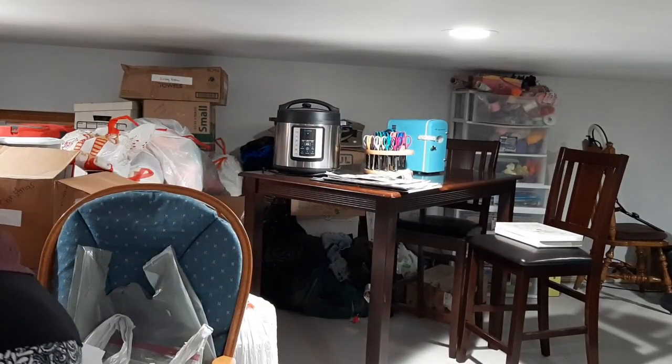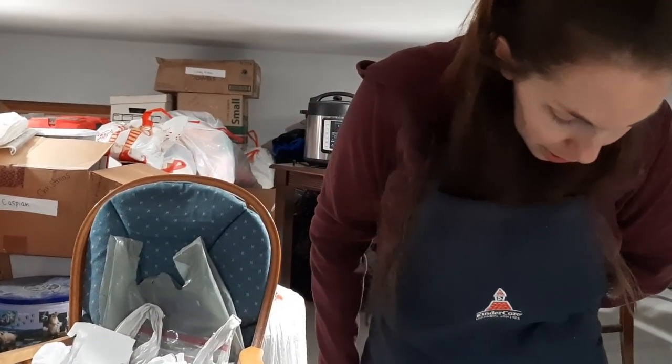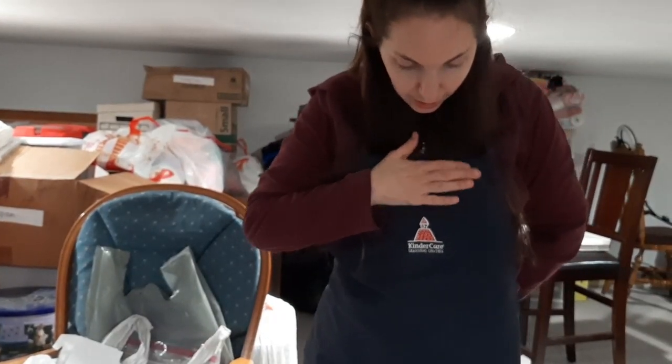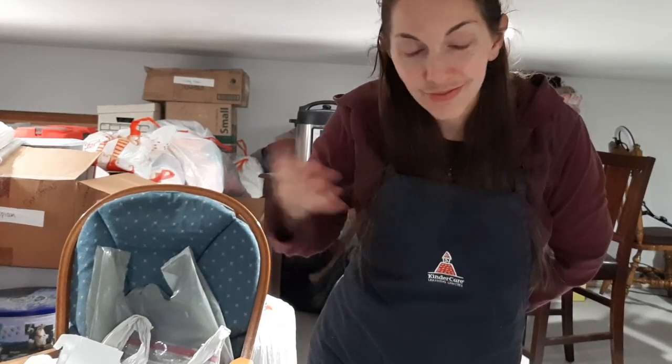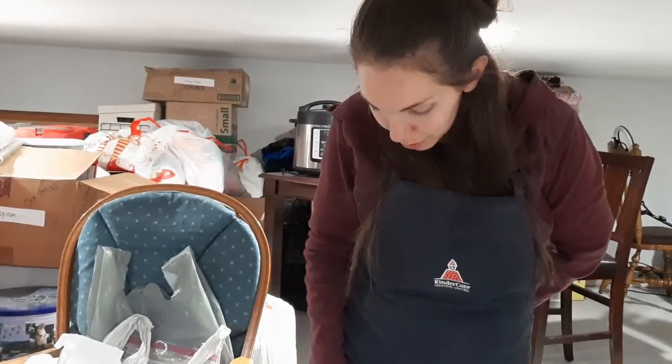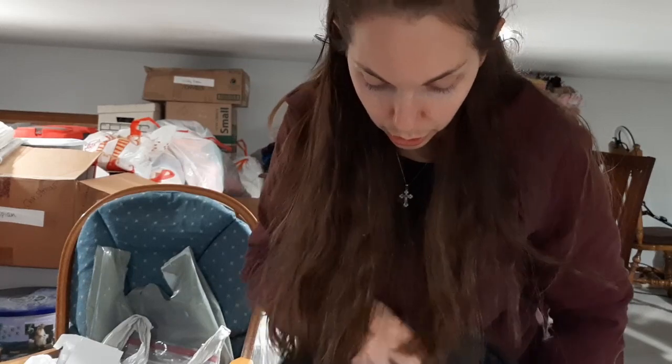Oh. This can go in the apartment. This is my old apron. My old apron from KinderCare. Oh my gosh, can you see it? There. I kept it all these years because it was such a special time in my life that I think I want to use it for cooking, if I ever start wearing an apron. Gosh, such good memories. This should go to the apartment. Or maybe to the house, because they don't really do real actual cooking in the apartment. But